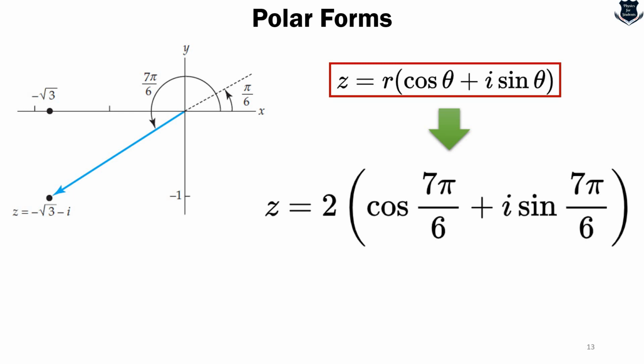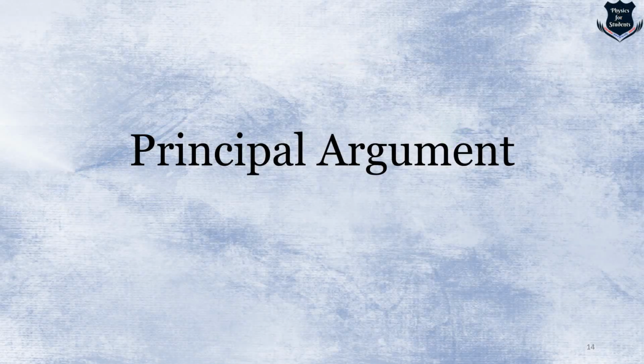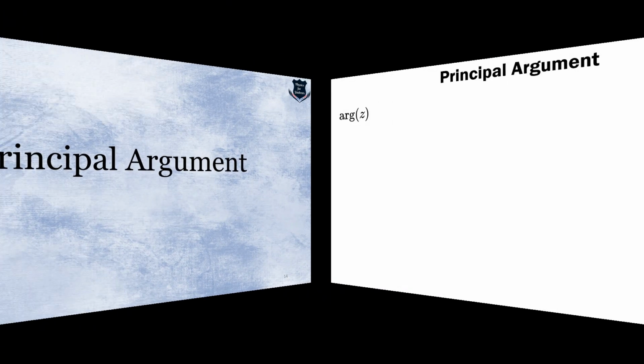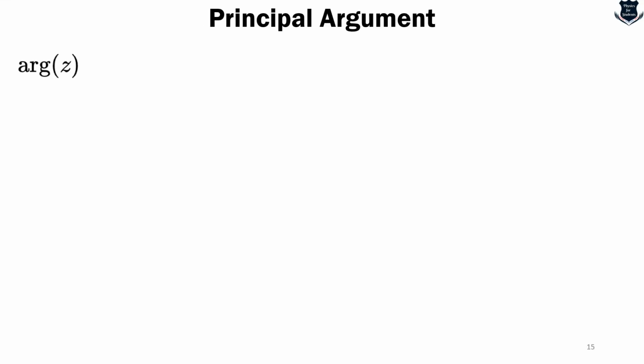Now this particular problem is something which the mathematicians solved using a concept which is called a principal argument. Remember, there is no "ue", it is just "argu". So when we talk of principal argument, what do I mean by that? Now you see this notation which we have used, arg z, is used to designate